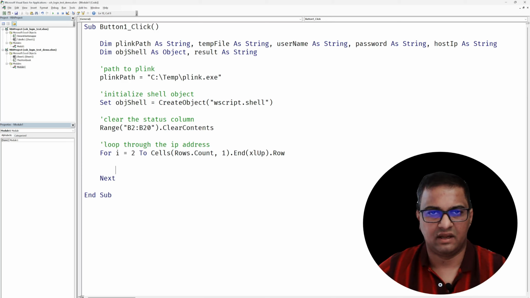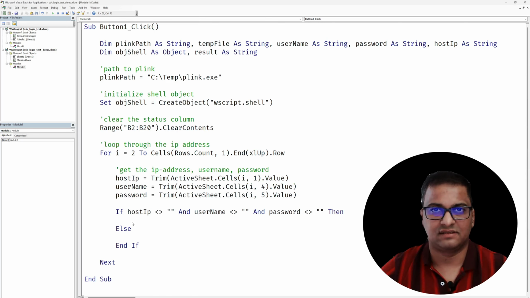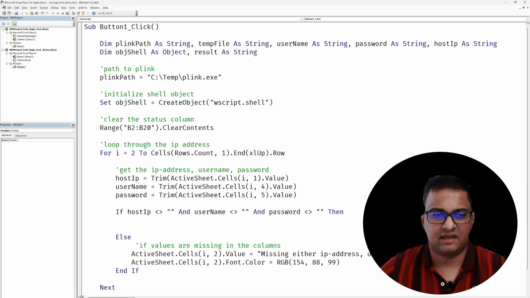The first thing I'm going to retrieve is my host name, username, and password, like so. And I should definitely make sure all three of them are filled, otherwise I get an error. Else, we ask the user to fill in the missing details, like so. So once we have the host name, username, and password filled, all we have to do is to send a